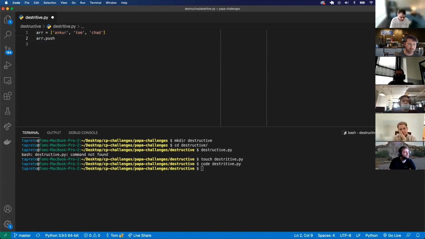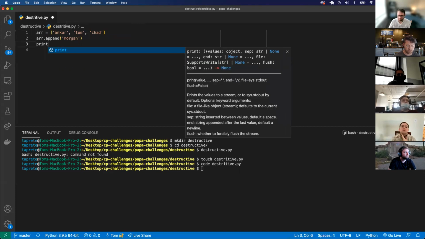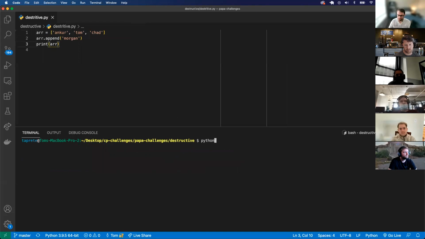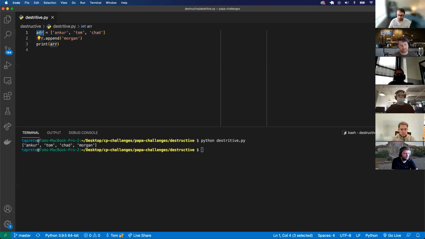dot push, or is it append? If I wanted to append Morgan to it, and I print array, and I run Python, that's destructive. It actually changes the value of the original array. Whereas a non-destructive method,